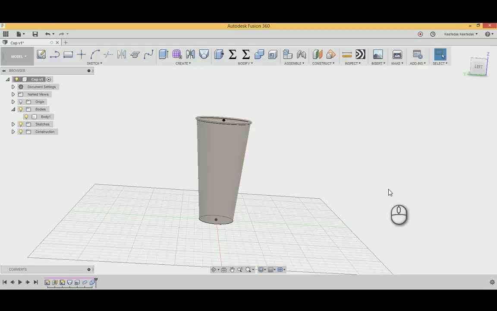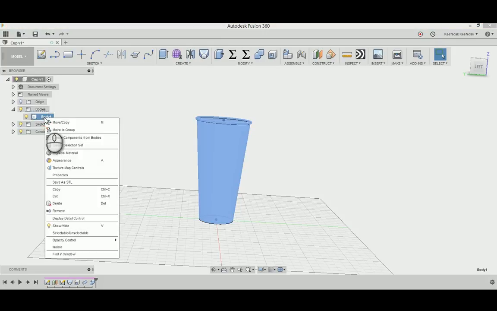So now you see in the design tree, the two bodies have become one. So let's have just a little fun with it now. Let's give it some color or some properties. So on that body, you're going to right click, and you're just going to go down a little bit, and it's going to say appearance. There's physical material and there are appearances. We're just going to do appearance,